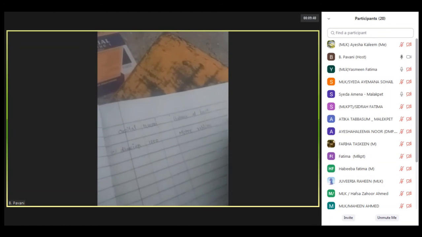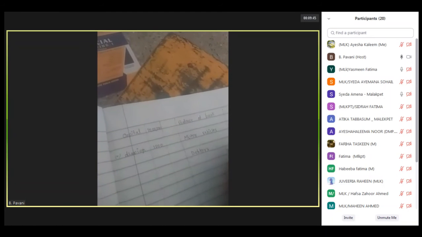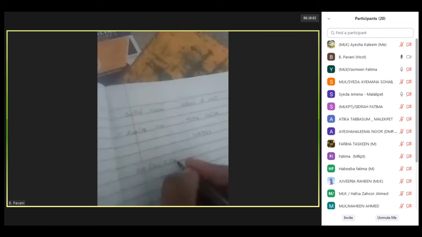The next is debtors. Debtors is also an asset. On the asset side I'm writing debtors. The debtors amount is 2,96,000. The next they have given is creditors. Creditors are a liability, so under liability I'm writing the creditors. The creditors amount is 2,32,000. For this, an adjustment is there, that's why I'm writing the amount in the inner column.